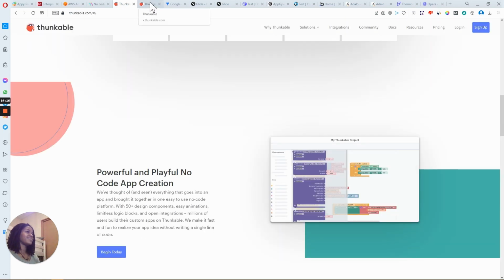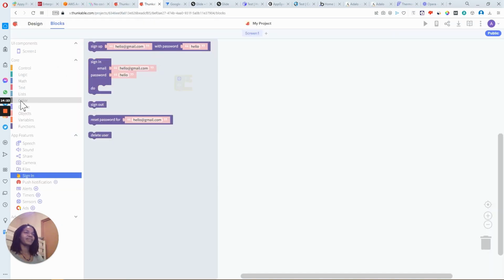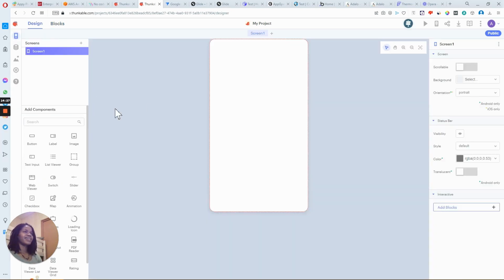So next one is Thunkable. This one is weird. It's a bit odd, and it's not my favorite one. I was trying to move into these things quickly. I had my database set up in Xano, and I was just flying in and out of these. Can I build it in this? Can I build it in this? What is the best platform? So this one, I got into it, and I